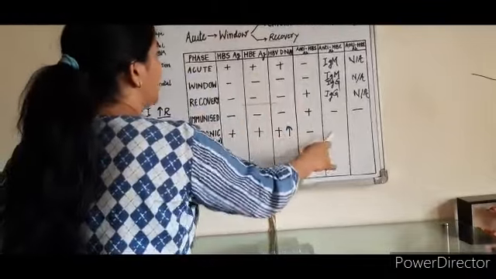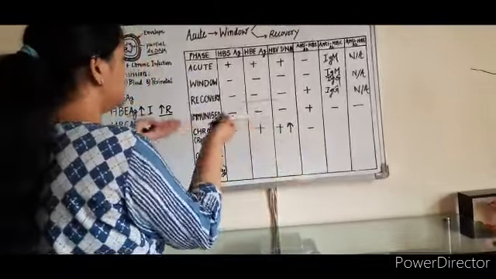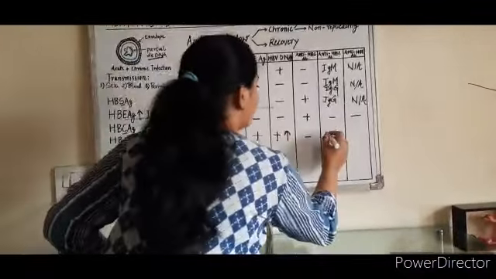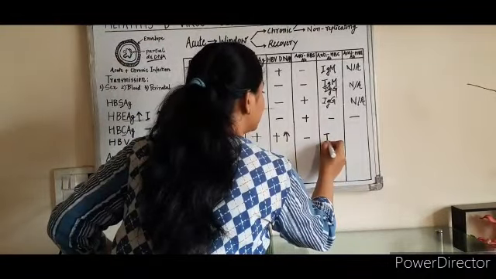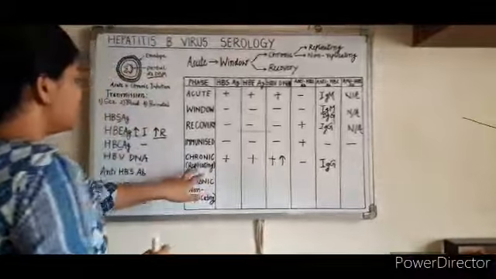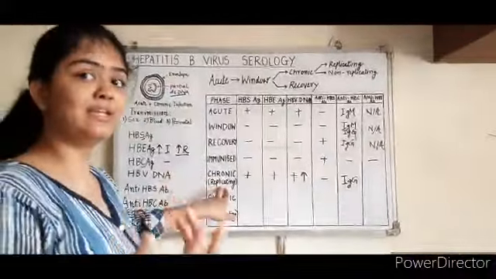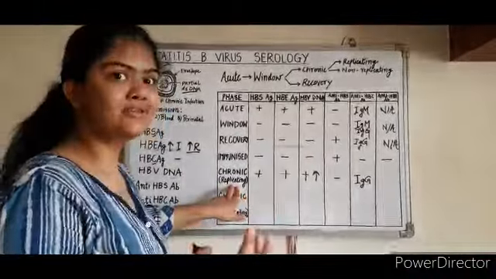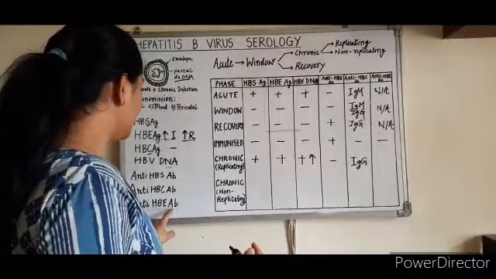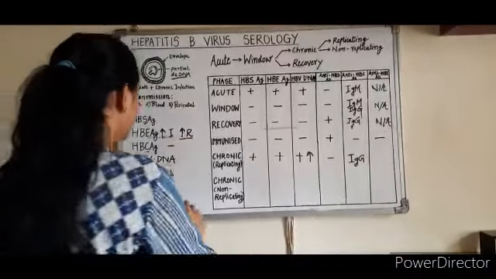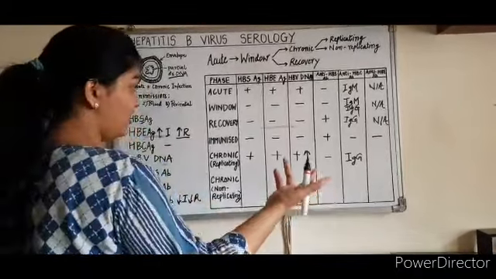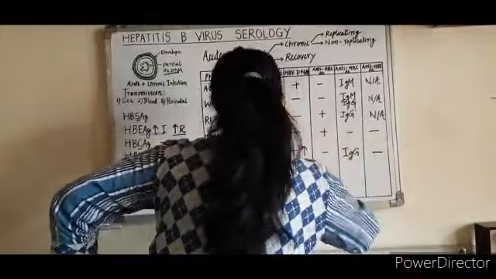Now, this workaholic guy, it was always present. It is trying to still defend your body from all these rising titers of all these antigens, which means it's again a positive. But now in the chronic phase, it shall stand of the IgG type, correct? And now, it's replicating. Means the replicating potential or the infectivity is increasing, right? So, you wouldn't have the anti-hepatitis B virus E antibody. Because I said this should be formed only when you have decreased infectivity or decreased replication, which has not yet occurred. So it's a negative.